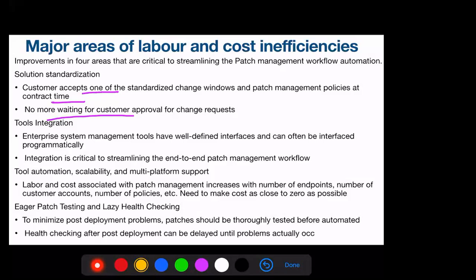Okay. Next is my tool automation, scalability, and multi-platform support. Now, why is tool automation required? Because sometimes patch management may require 24/7, not scheduled patch management. I need 24/7 patch management whenever any patching occurs. In that case, I should be allowed to resolve my patch management immediately.